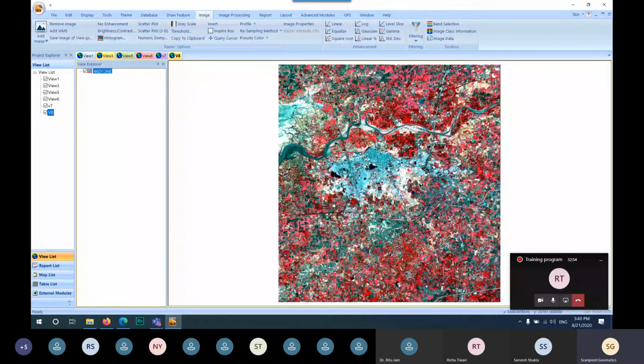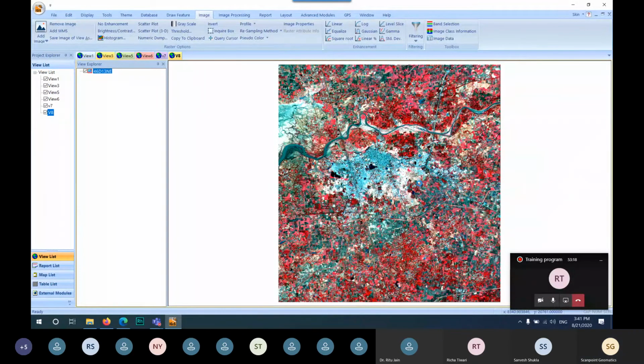For image processing, the very first thing is to know your image. If you know your image properly, then you can do any analysis, either you want to classify your image or you want to do indices information or any type of normalization.